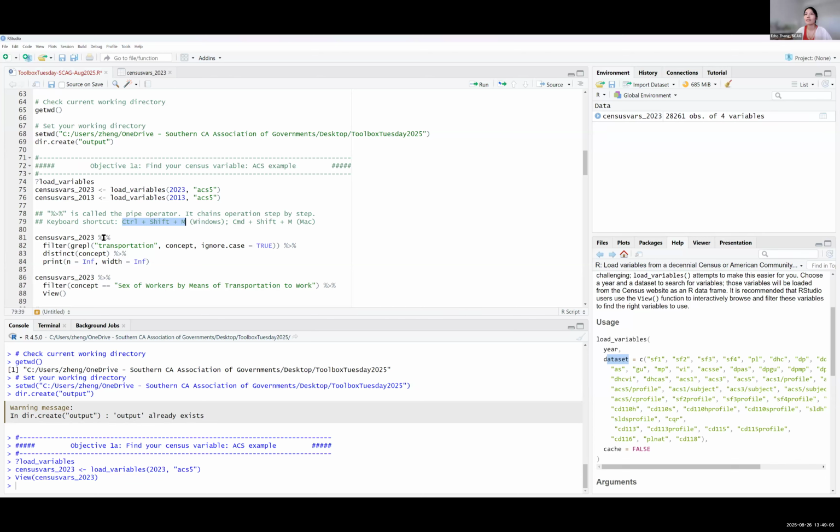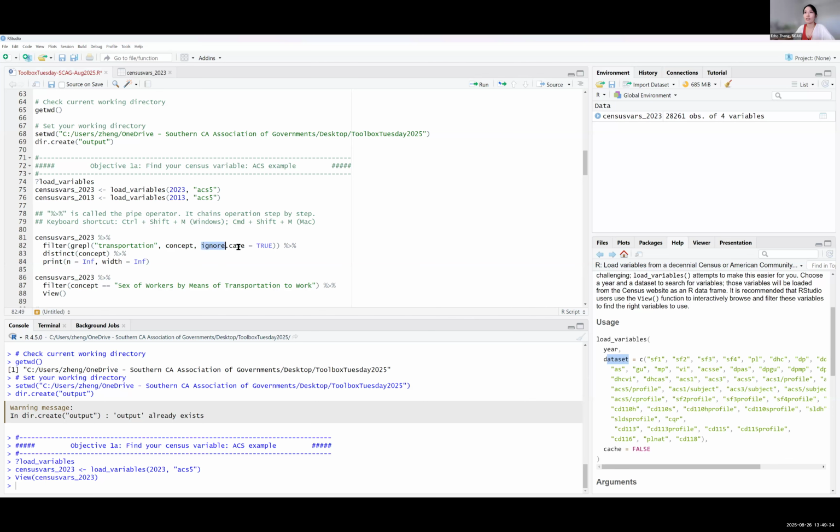But if you can't get used to the keyboard shortcut for now, you can also just type the percentage sign and greater and then percentage. So what we're going to do here, this is a function embedded within a function. This grepl is a function that tells R to look for the term transportation within the column concept.